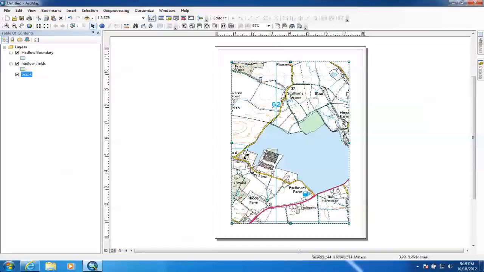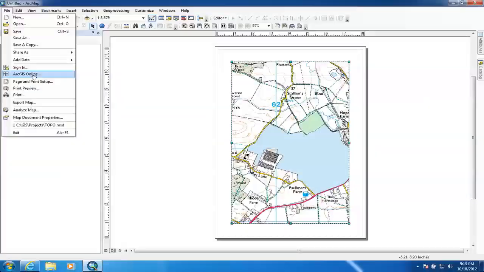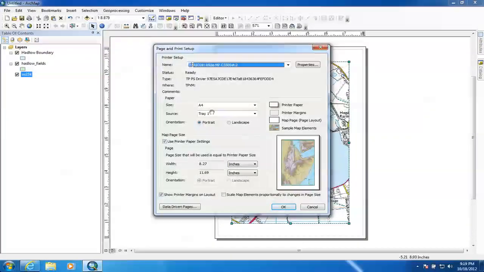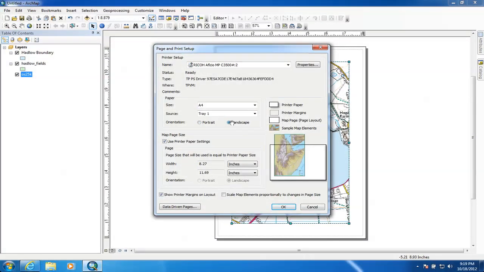So there's a few things that we want to change with this map initially. Notice that by default it's chosen to give us a portrait view, so I want to change that immediately over to landscape, so that's quite straightforward. We just go over to page and properties, and we can adjust that to a landscape view. And again, we can change to different paper sizes, but we're going to be outputting as an A4 paper size,